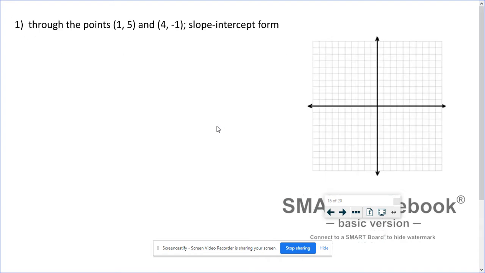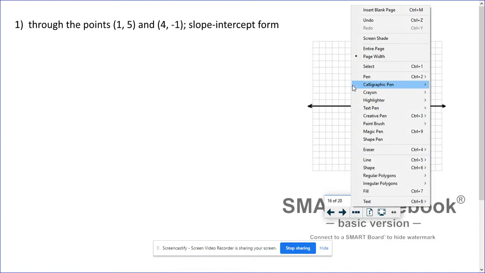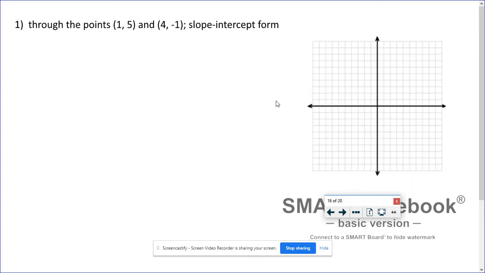First one is going to be based on just having 2 points. If you're given 2 points and asked to write an equation of a line, first thing you got to do is find the slope. So recall slope formula is y2 minus y1 over x2 minus x1, where in this example, x1, y1, x2, and y2. So we're just going to substitute those